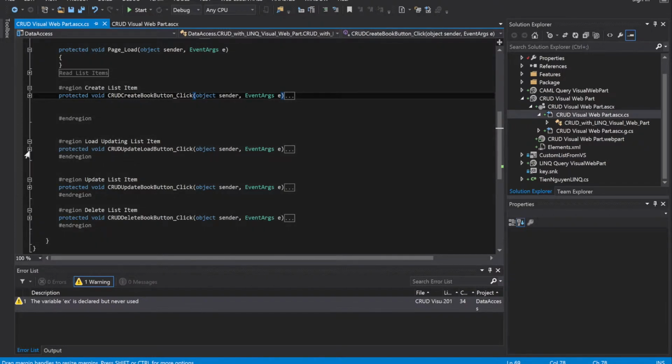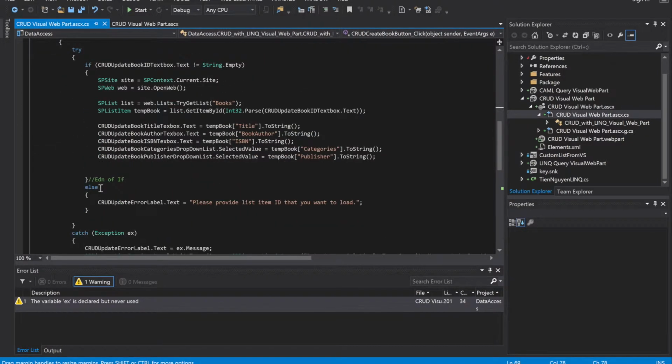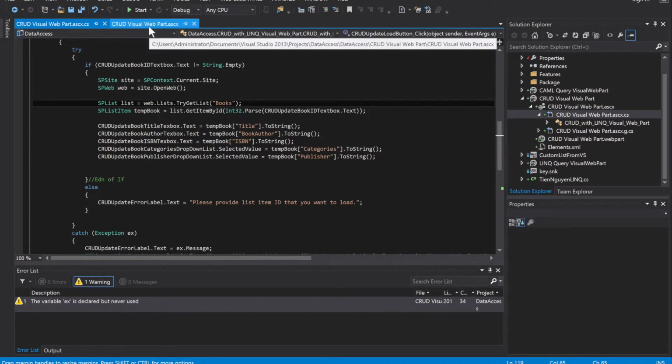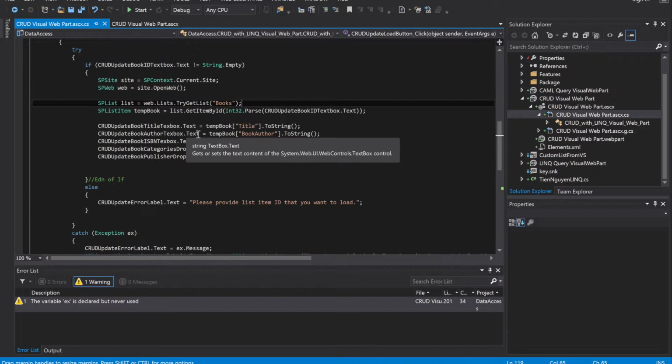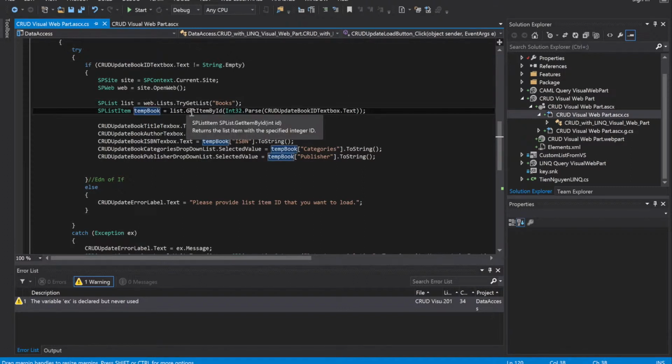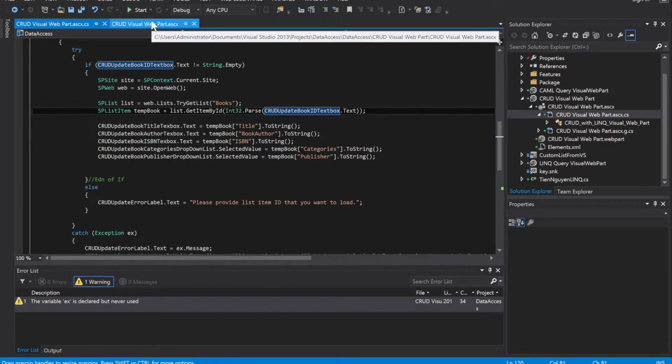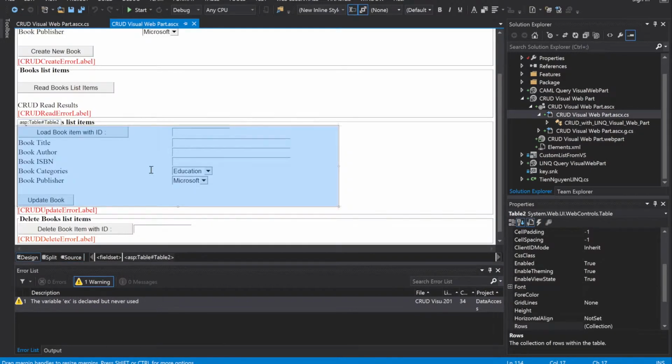This one. Alright, it will go to the site web, look for the books list, and then find a book with the ID that we want to find, and then put it into the list, get list by ID, right? And the ID from the book ID text box here, from here,